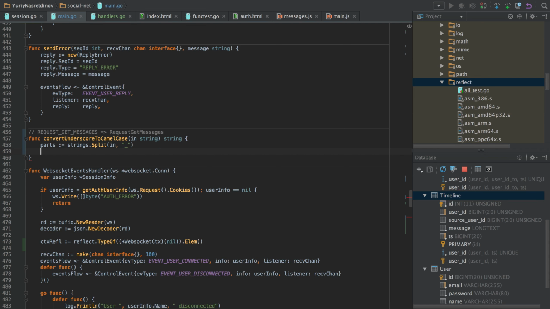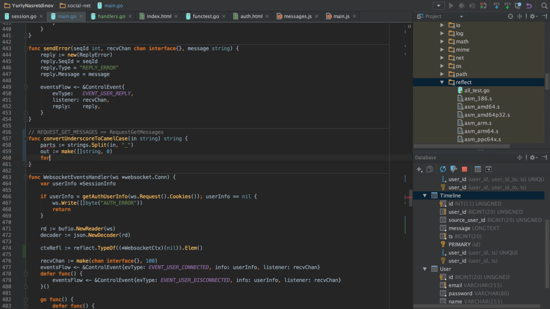So we split the incoming string by an underscore, and then we create a new string slice that would be the result, and then we capitalize the first letter.